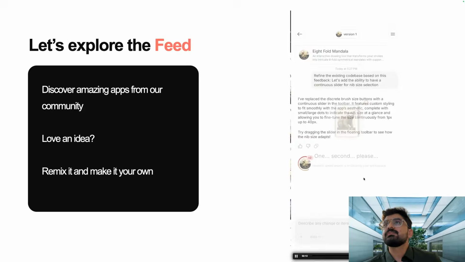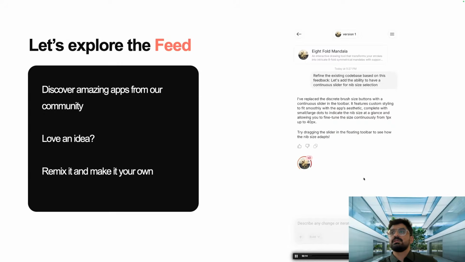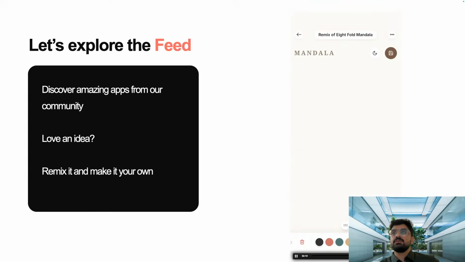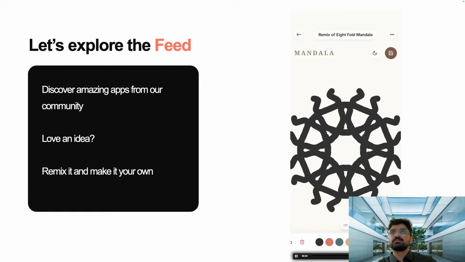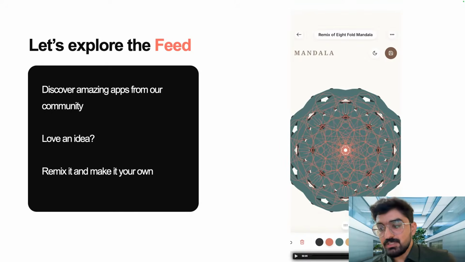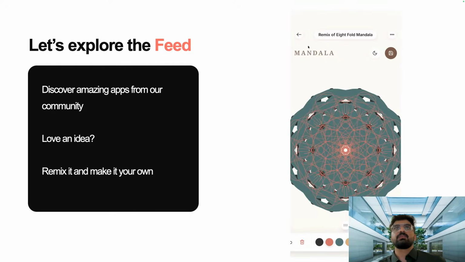Yeah. Okay. So let's see. And it's ready. So now you'll see that there's a continuous slider here, and this took around 5 minutes for me. So continuous slider, and you can change it to a really small size, which was not possible previously. So like this, you can go around, play with the apps on the feed, remix the ones you really like. Maybe some game is there which you really like and you want to add some assets to it. Then you can use this.